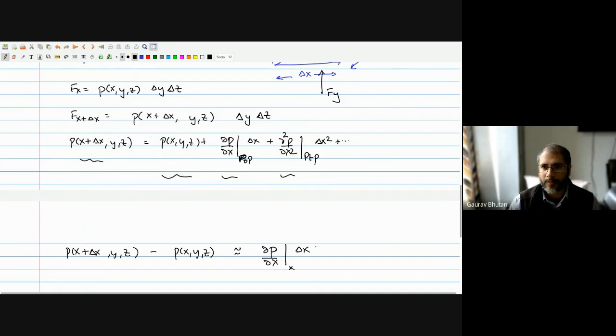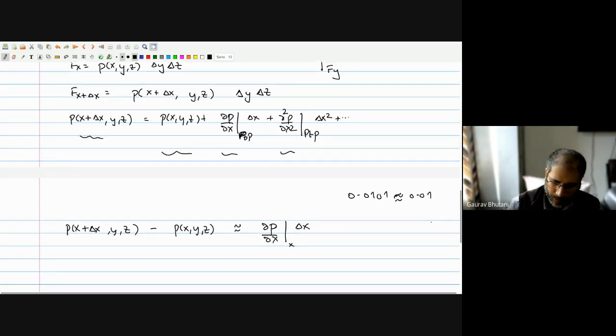And if you add them, 0.0101 is approximately equal to 0.01. So since you want to know this difference, it can be nicely approximated by only the first term. You have been doing this in calculus; I'm just repeating those things. So what this gives us